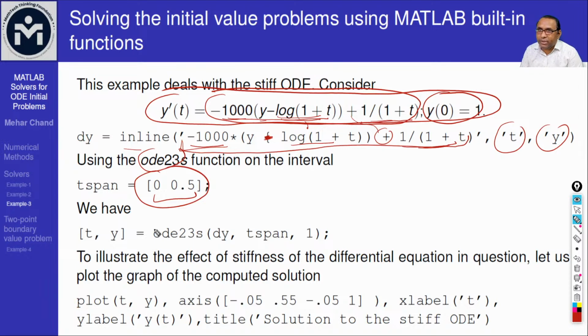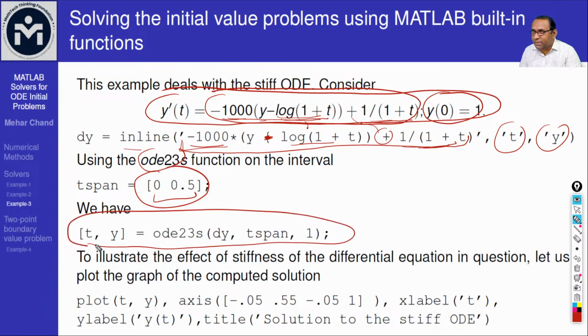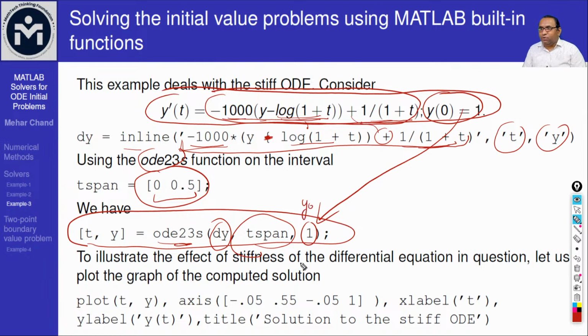Okay, so the statement is the same as we did in the previous example. ty ODE 23s and dy is there, t span is there, and this is the condition which is given here, y naught. This is the value of y naught. Okay, so to illustrate the effect of the stiffness of the differential equation, we need to plot